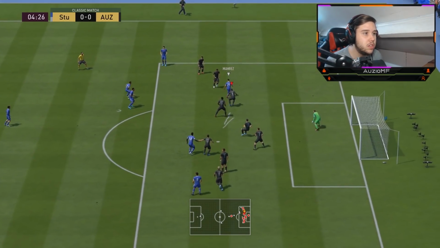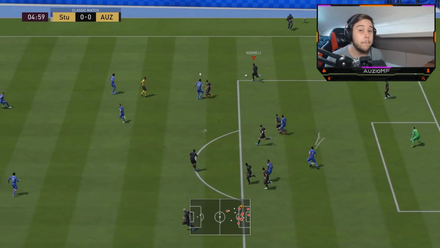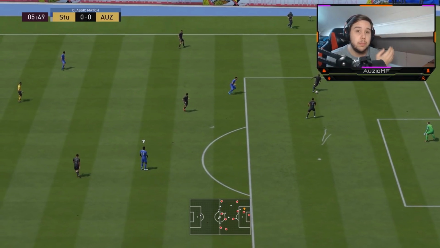Make sure you cover the inside. Then all you have to do is just wait for the perfect moment, then go in for the tackle. Make sure you wait. Don't go in lunging, otherwise you are going to give away a penalty. But next, I am actually going to show you guys how to defend it, but this time on the other